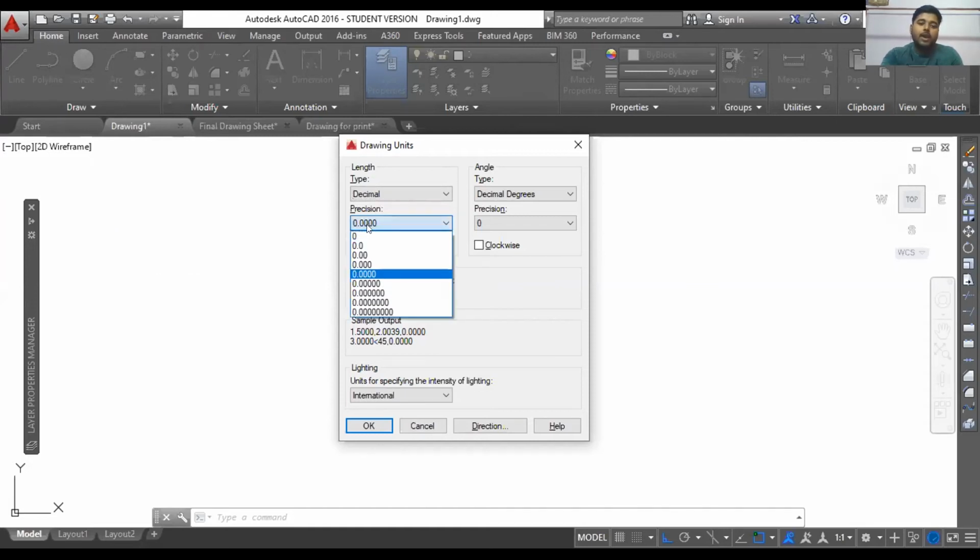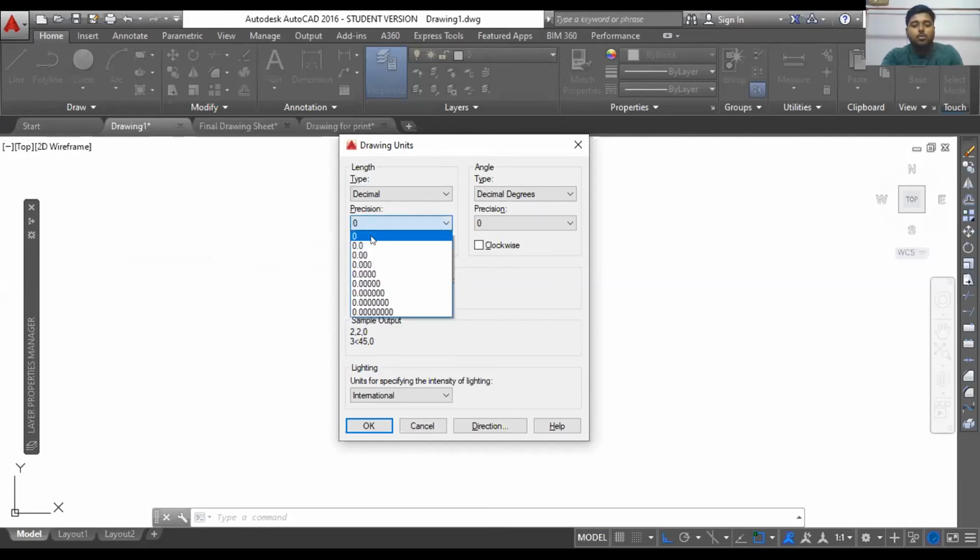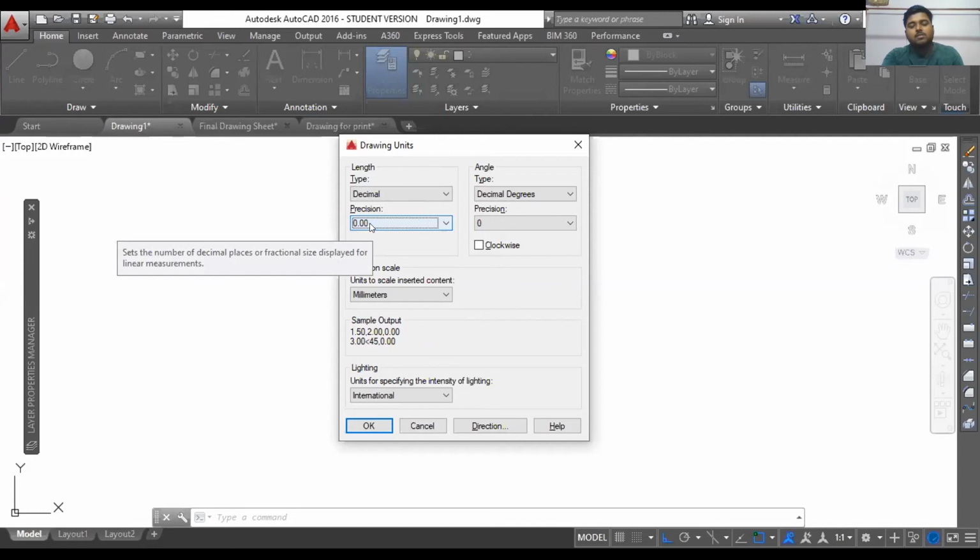So you can easily select precision 0 here. But still, if you want to add some more accuracy, you can use 0.0 or maximum up to 2 decimal places. Because otherwise this looks very useless when you are showing the dimensions. Like if you are showing the length of a bedroom, maybe the bedroom is 3 meters long, then it will show you 3000.000.